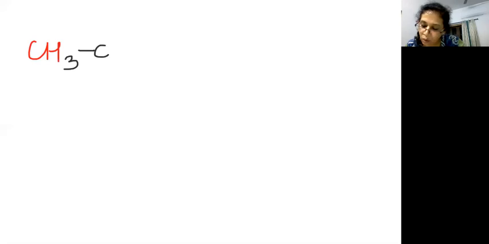Okay. Next now, the next structure which I had given you was acetone. So the structure for acetone is CH3, C double bond O, CH3. Okay. Pretty colorful, I suppose. Fine. So this is the structure.